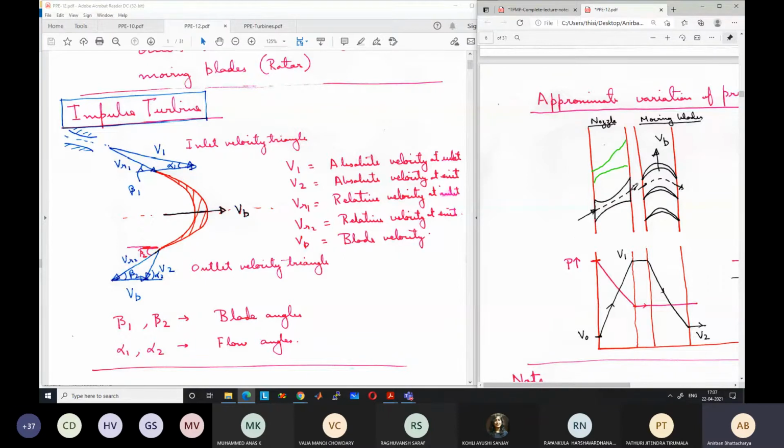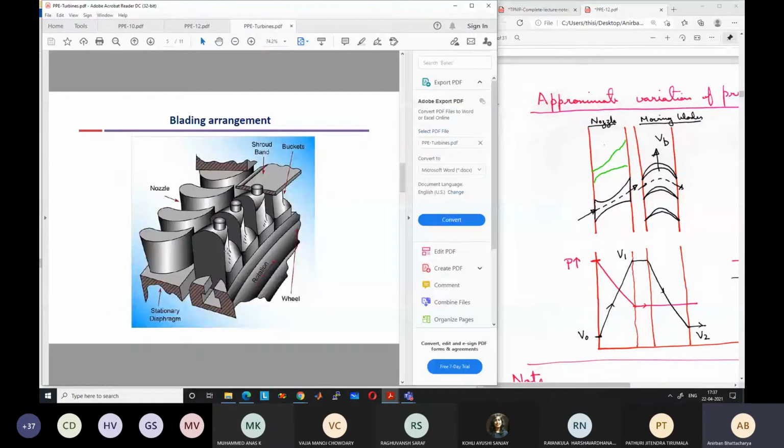In this 2D plane, the moving blades look like this. We are looking at a cut section of the moving blade. The actual blades are like this. If you take a cut section somewhere around the middle, between the root, which is the bottom part, and the tip, which is the top part, we call that the mean radius. At the mean radius, the cut section will look like this on the plane of the paper. The blades come from inside the plane of the paper, go through it, and go back inside again. You have to imagine how they are rotating.